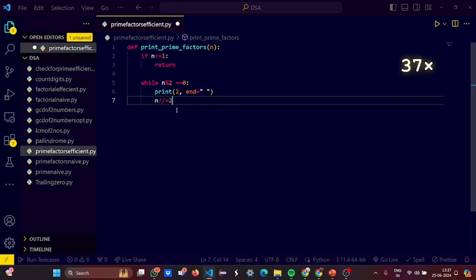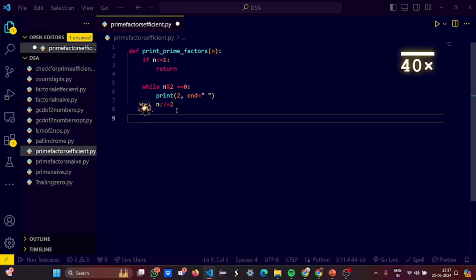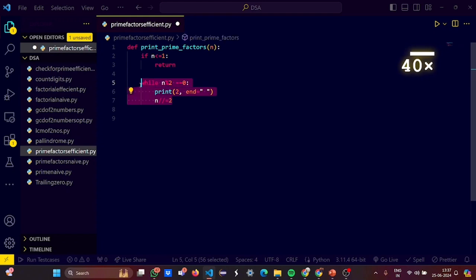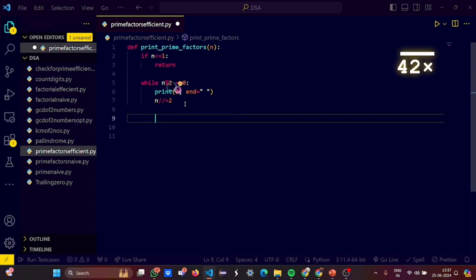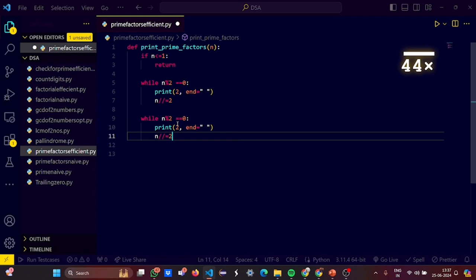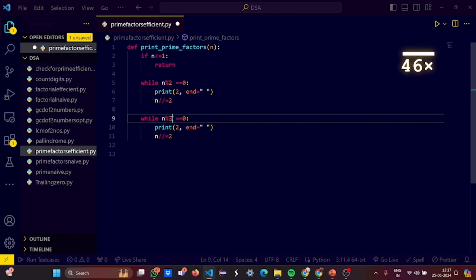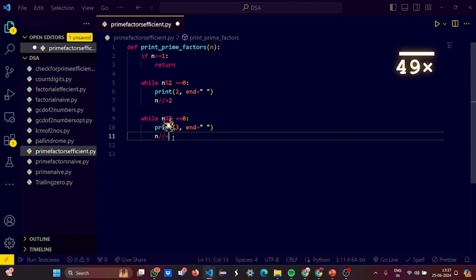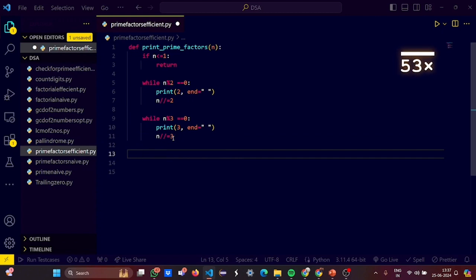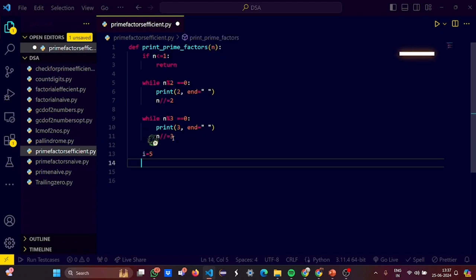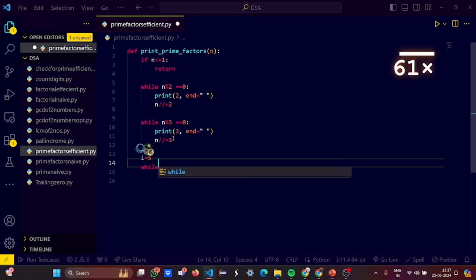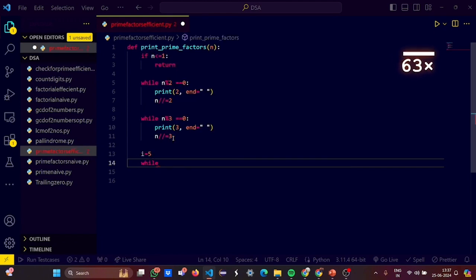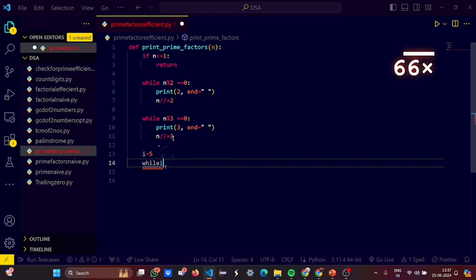Then the number of 3's we need to find out. Same thing, copy it, paste it here, replace the 2 by 3, replace it by 3, and replace it by 3. Okay, next, start from 5 because the 2 and 3 cases have already been taken care of. Now start with 5, while i is equal to,